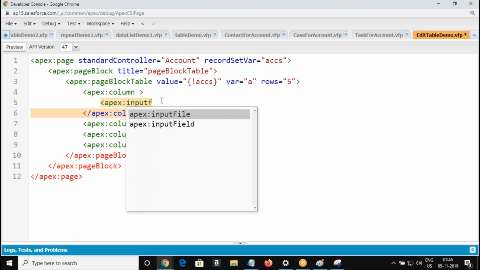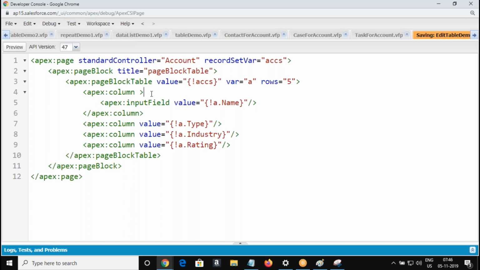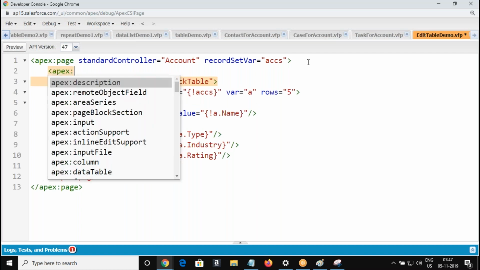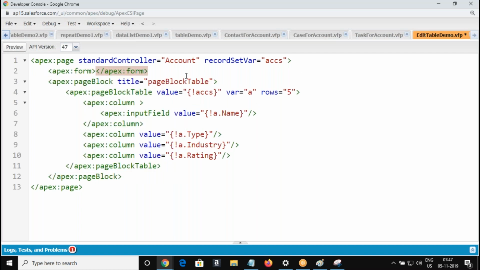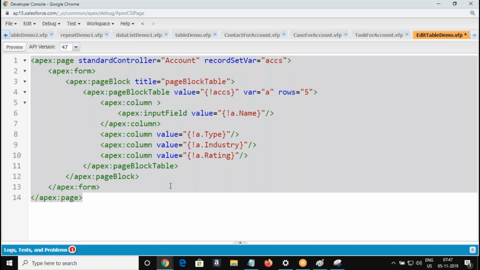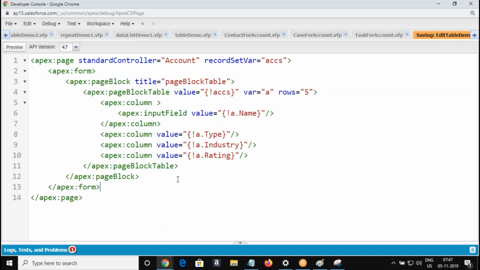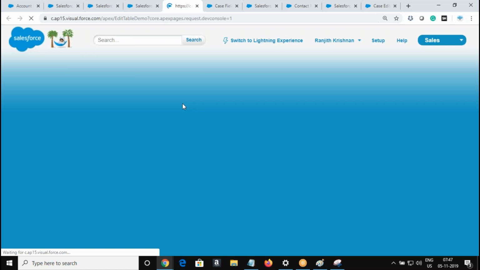As a child to the parent column component, we make this field editable by including an input field as a child to the column component. Whenever you use an input field, you should use a form tag. Now preview this. Now only the name field alone is in editable mode, right?